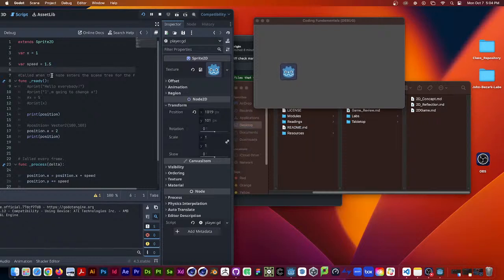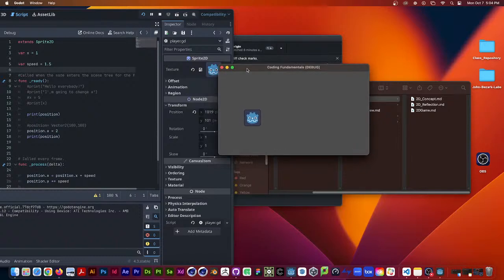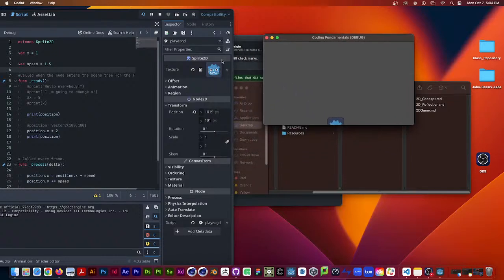Speed. Well, now it goes faster, yeah? And what's even handier,